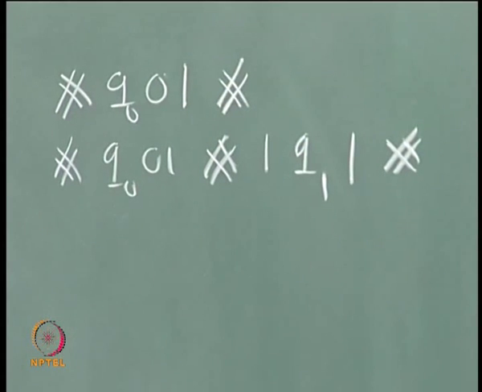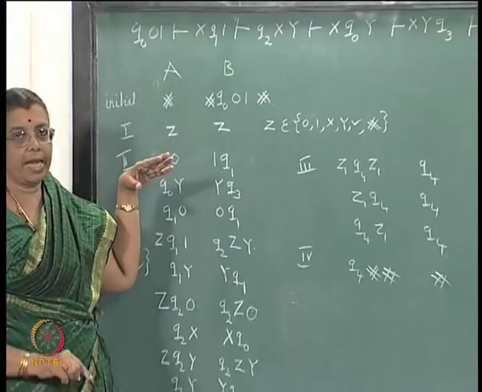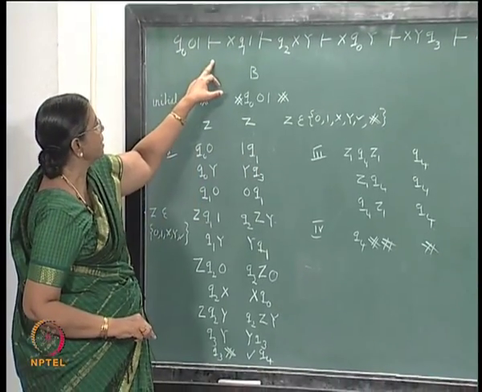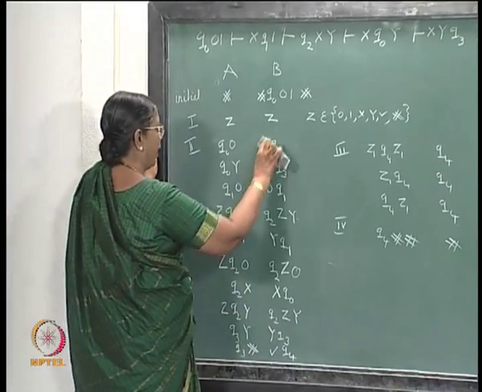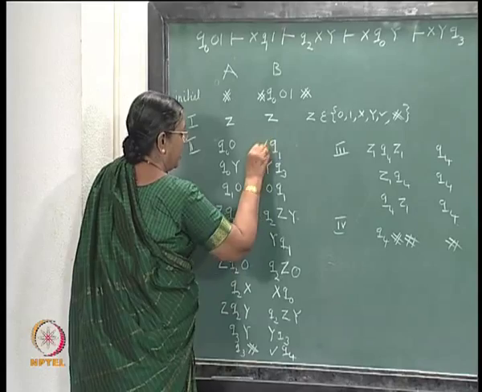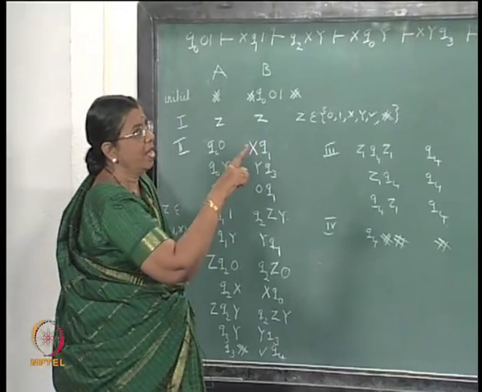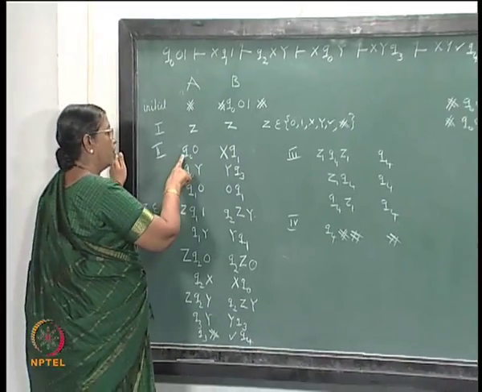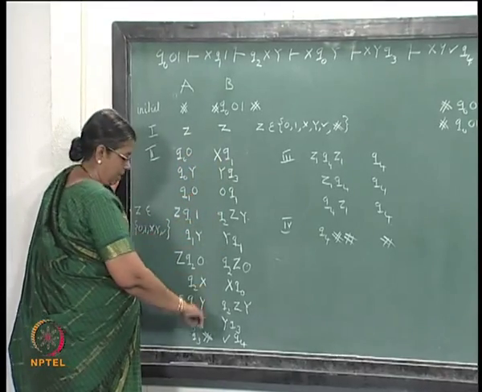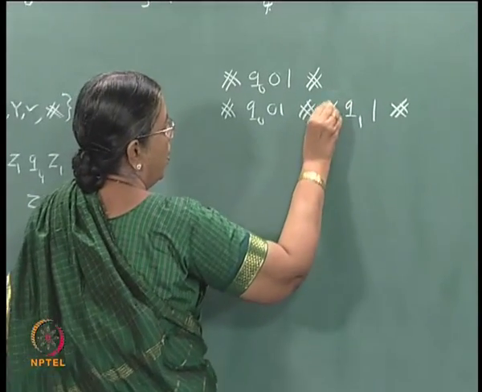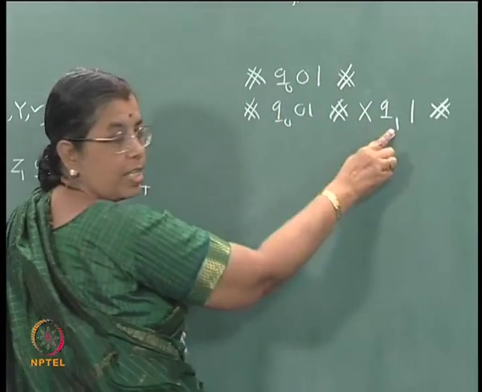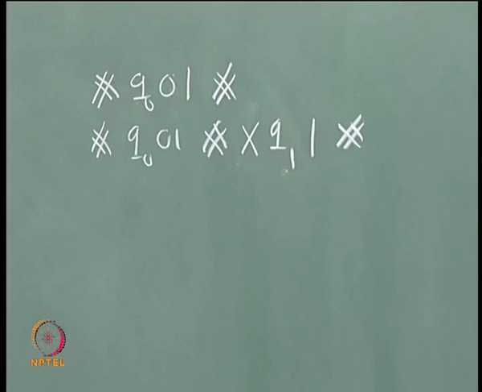So, when the initial ID is created in the first string, what is the next? I am sorry, 0 is changed into x. So, the first move is Q0 0 is Q1 x R. So, Q0 0 is x Q1. So, when you add Q0 0, you are adding x Q1 here, okay, right. So, what is this ID x Q1 1?